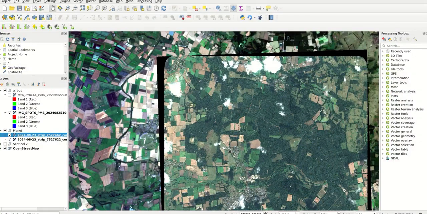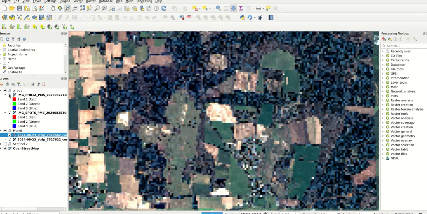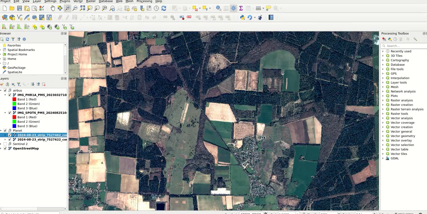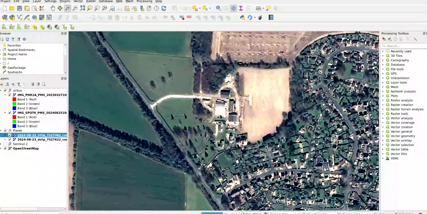Just let it load up. And if we zoom in again, we can see increased resolution. This is 1.5 meter resolution imagery. And then finally, Pleiades imagery over the top of that again. And this is very high resolution imagery. So these are the types of products that you'll be able to access and purchase through the hub from Planet